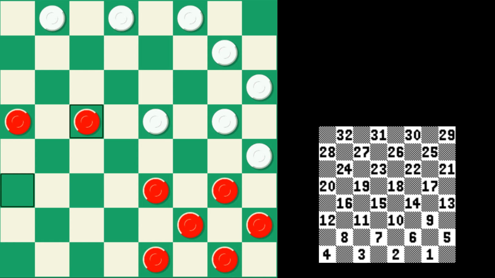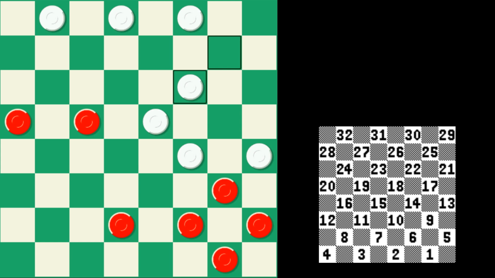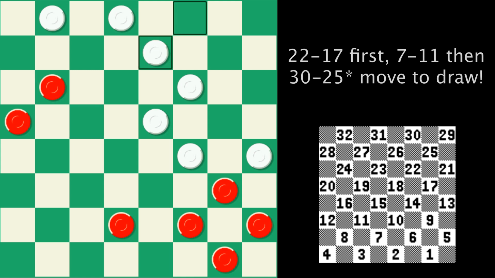And then white is going to attack red's strong double corner right now by going 17-14. After 2-7, looking to attack the piece on 14, white is just going to wait with 25-22. Red is now also going to wait with 19-24. And here is where we have the losing move by Alfred Jordan. Alfred plays 30-26. Now instead, what white should do is immediately go 22-17 followed by 30-25, making sure that there's